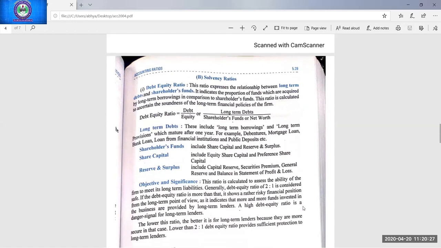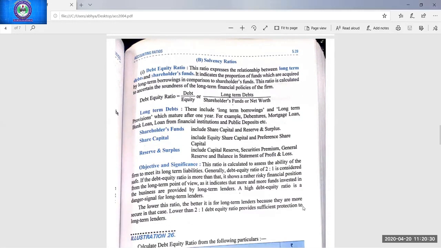So I'm going to start with today's topic, that is the solvency ratios. Second category. So what is the difference between liquidity ratio and solvency ratio? First of all, I'm going to explain this. Listen carefully. In the balance sheet, you have seen that on the equity and liability side, three major heads are there: shareholder fund, non-current liability, current liability. All three are liabilities, but shareholders will be paid at the end.